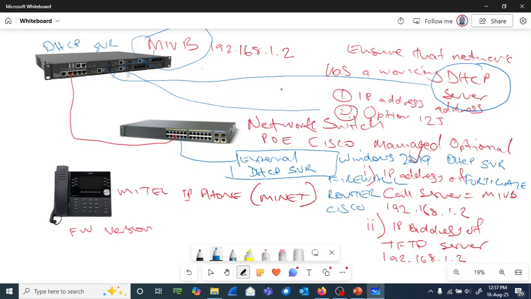But it is recommended that if you are not going to enable your DHCP on Mivoice Business itself, you would rather run it on a Windows server and not on any other device like a firewall or a router, for the simple reason that these other devices cannot support option 125 as an